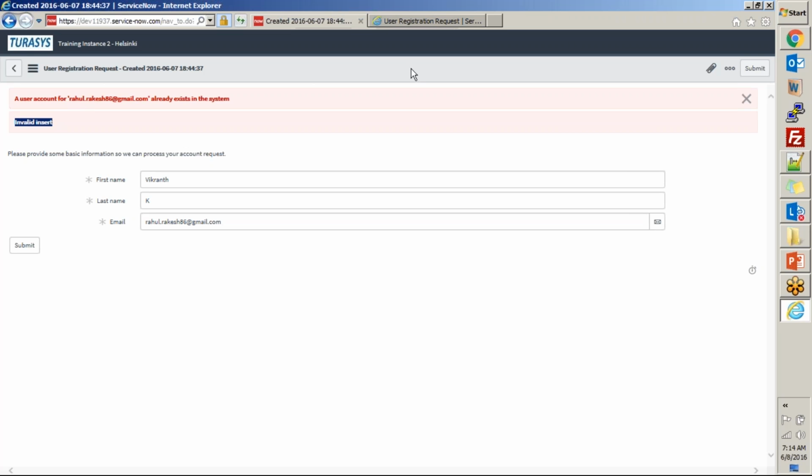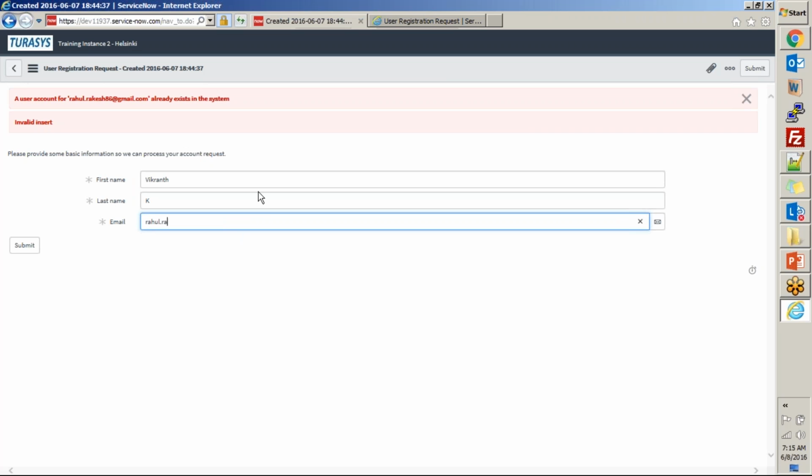When I talked about that, by activating this plugin, you will have several things included into the system. The one is the user registration page. The other one is some action or activity available in ServiceNow that will validate whether the email ID that you provide is already created in the system or not. Why are we validating the user email ID? Because the system will create a user ID using your email ID, right? A user account will be created using your email ID. So that's why it's validating if this email ID is there in the system or not.